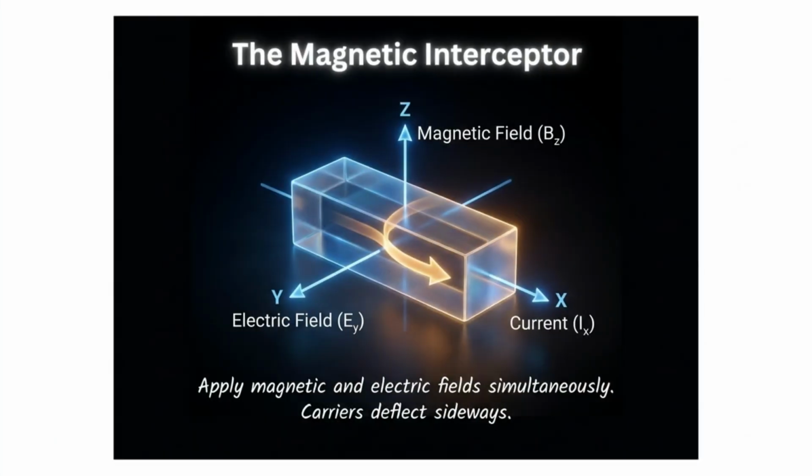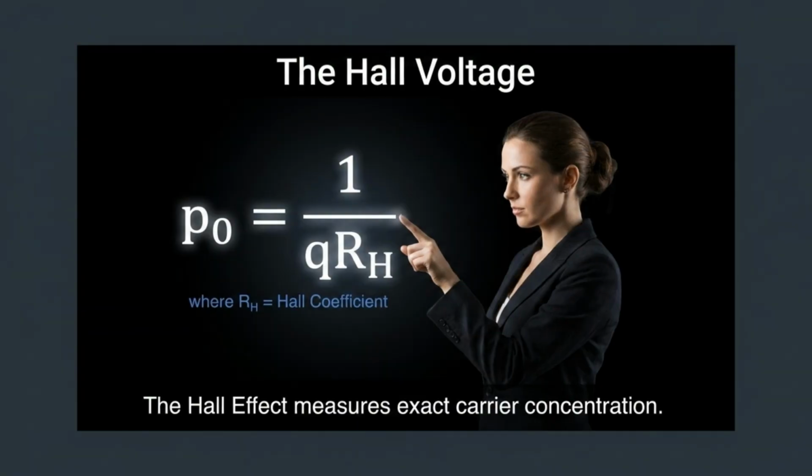By applying magnetic and electric fields simultaneously, we can intercept charge carriers, causing them to deflect sideways. This phenomenon is central to the Hall effect. The Hall effect allows us to accurately measure carrier concentration in a material by utilizing the Hall voltage and the